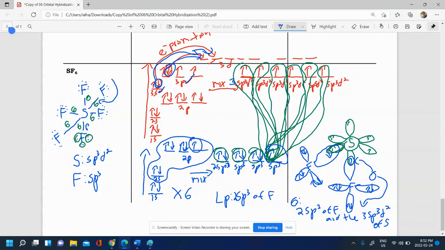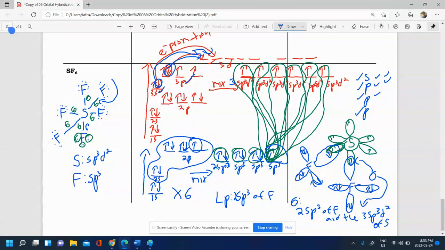And we were able to predict this hybridization without having to do all this drawing. In case there's a multiple choice and you just need a quick answer, simply count the electron domains. And remember, the first domain you count is s, the second is p, the third is p, the fourth is p. So if you have 4 electron domains, it's sp3. If you have 3 electron domains, that's sp2. If you have 2 electron domains, it's sp. And again, like I said, if you had 4 domains, that's